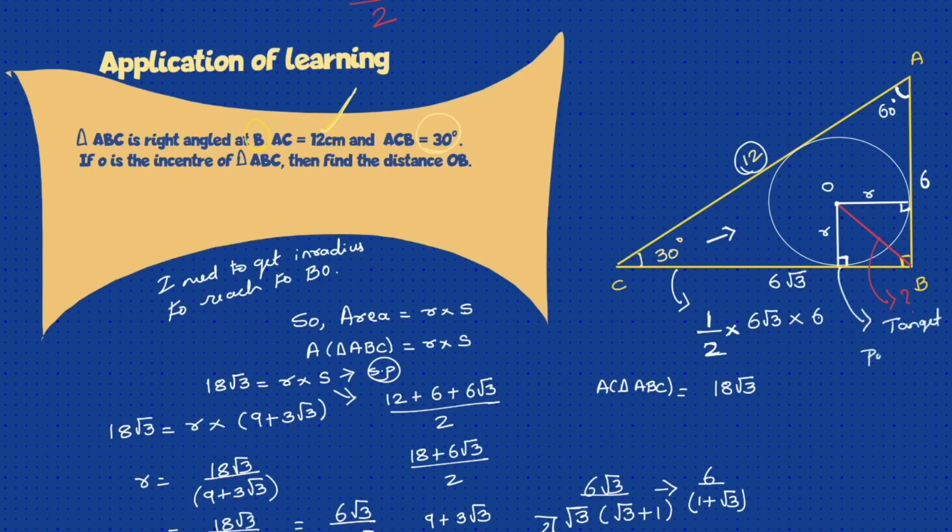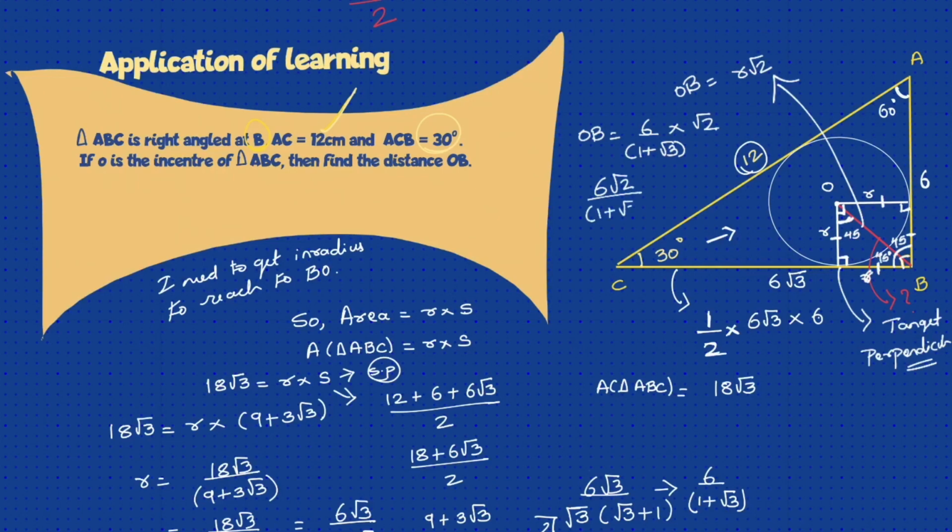Now by tangent perpendicularity, I told you at the start this 2 will be 90. We had done such a sum earlier. So this will also be 90, because three angles are 90. The two sides, the angle between them is 90 and they are equal. It will form a square. The square has an angle bisector, so the angle will be 45. It forms a 45, 45, 90 triangle, for which I know the two sides, which is R. So hypotenuse will be equal to what? R root 2. We have done one of such sums earlier. So hypotenuse will be equal to R root 2. Just multiply this by this. That's it. So OB is equal to R root 2, and OB is equal to 6 upon 1 plus root 3 into root 2, and that is my OB now.